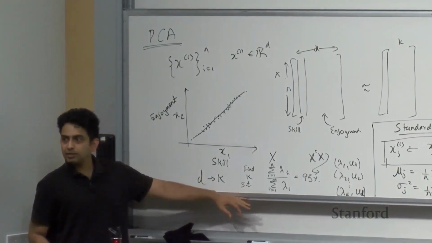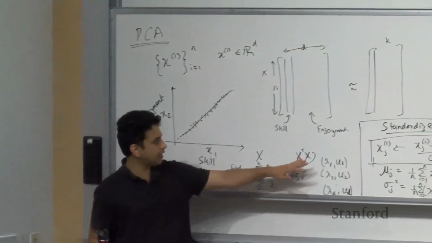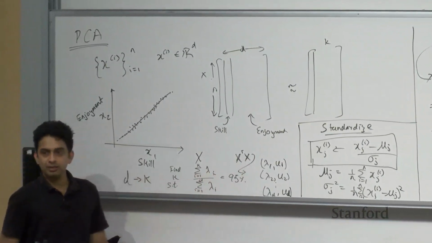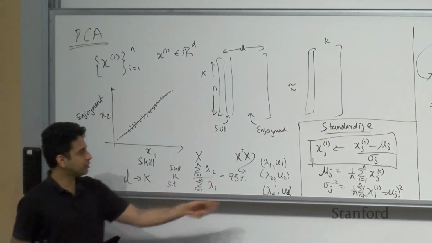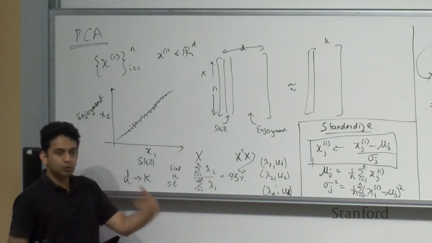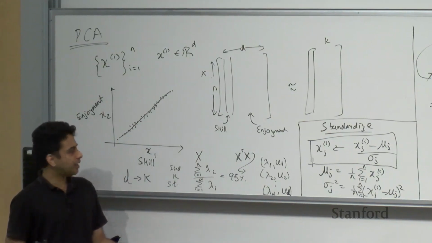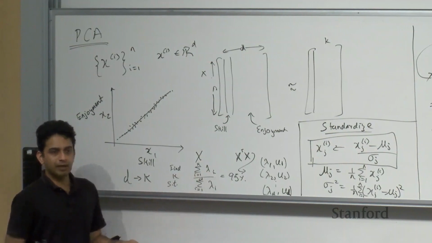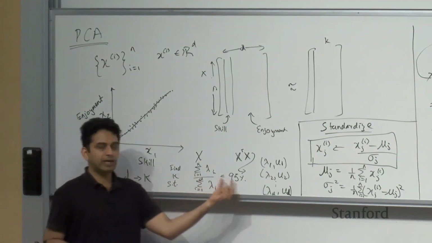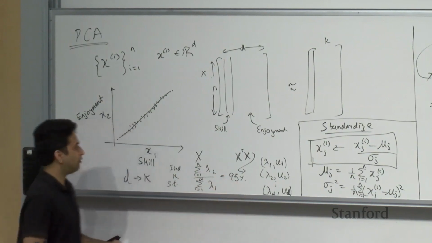Any questions on this? The way we go about doing it is to take X transpose X, take the eigen decomposition of X transpose X, obtain the eigenvectors of X transpose X, and then choose K such that the sum of the top K eigenvalues divided by the sum of all the eigenvalues is the fraction of variance that you want to retain. So if you were to plot,